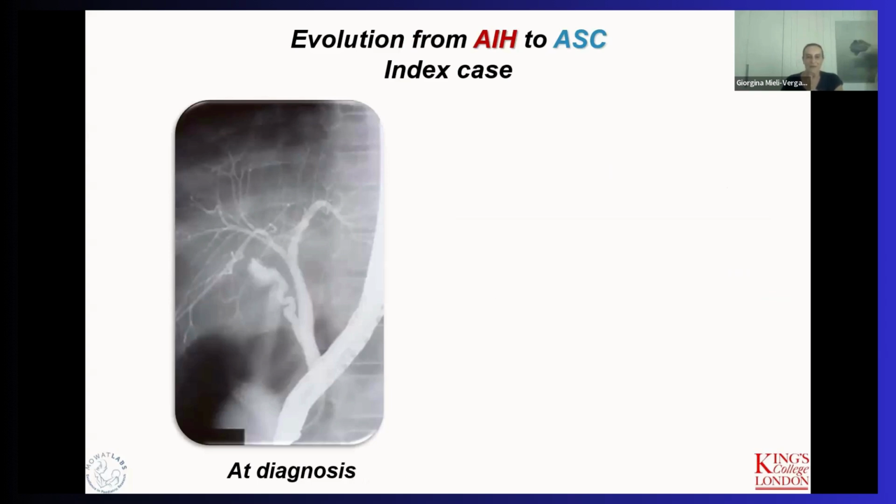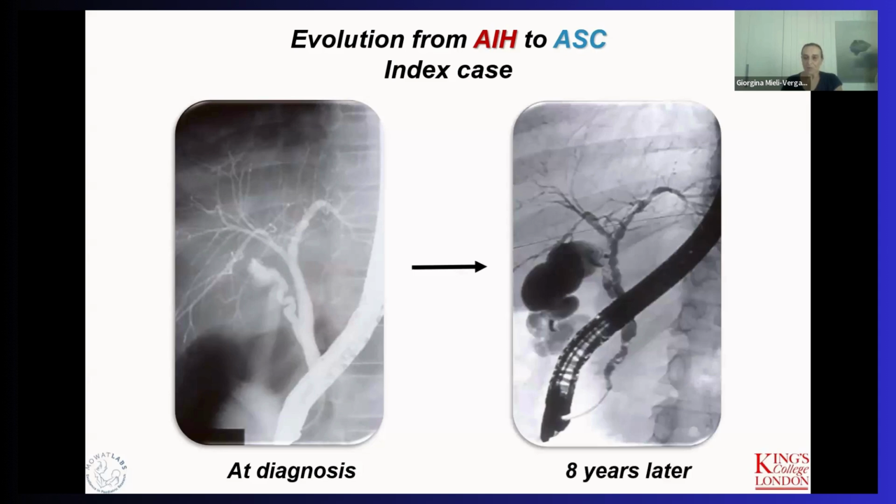Another puzzling thing we noticed in the study is that you can have a completely normal cholangiogram at presentation and be diagnosed with autoimmune hepatitis, but then during follow-up and despite treatment, you can develop